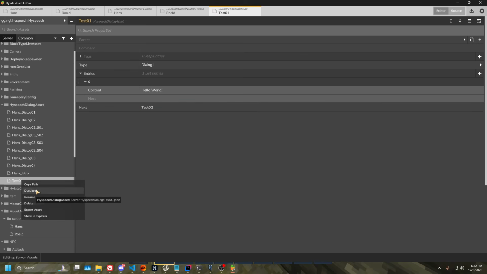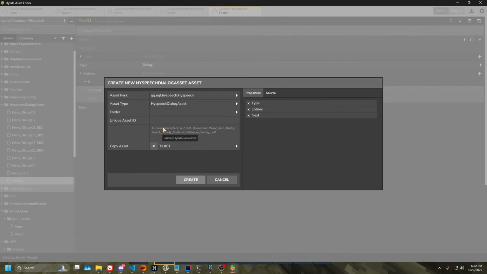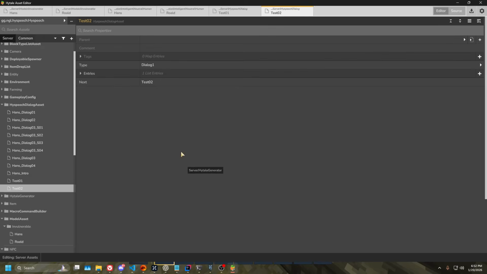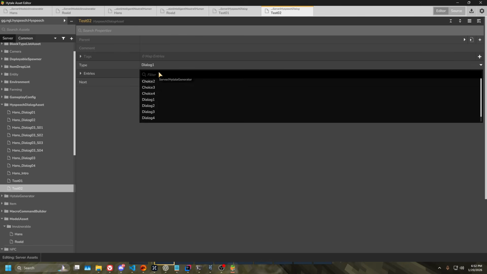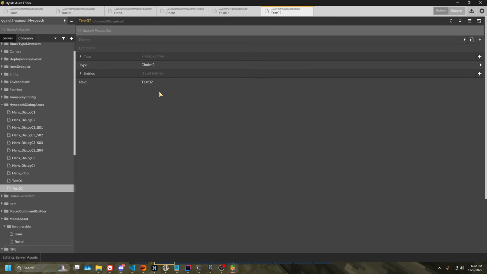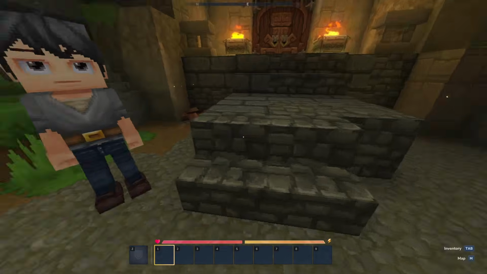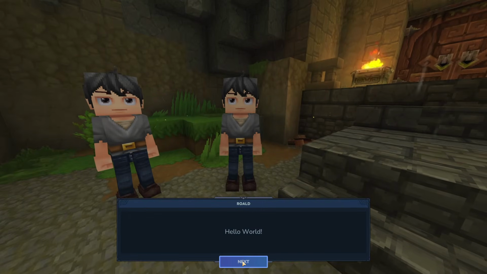So if I right click this and duplicate it, and let's go test02, we're gonna create that, and I'm gonna give it a choice 2. And so it should actually update automatically. If I go next,